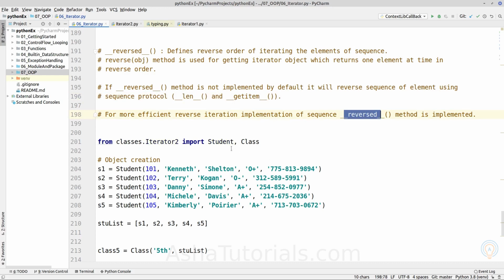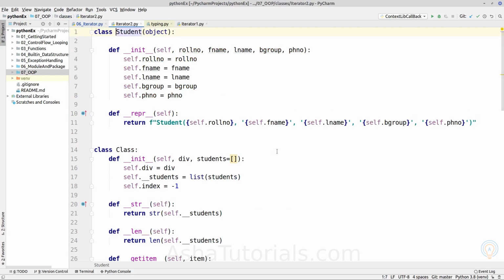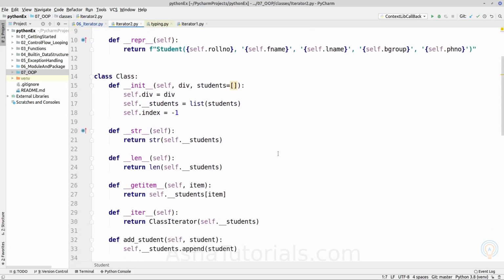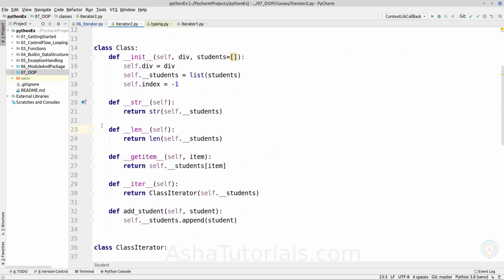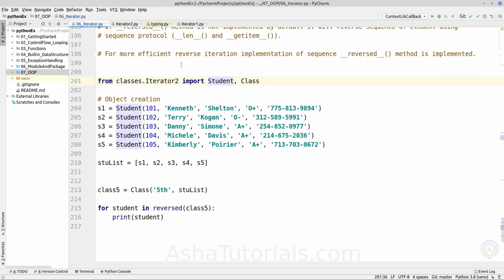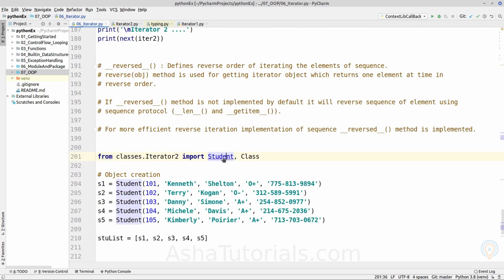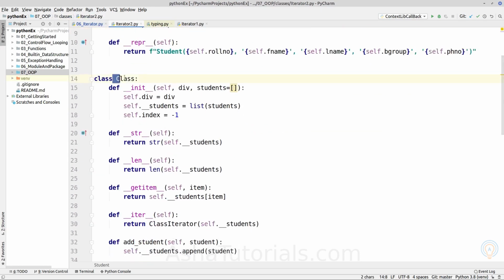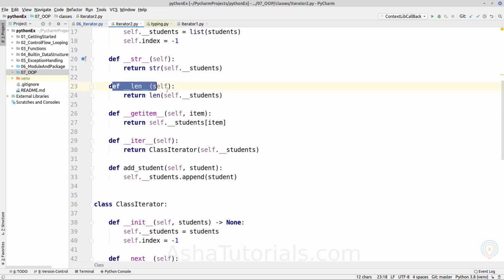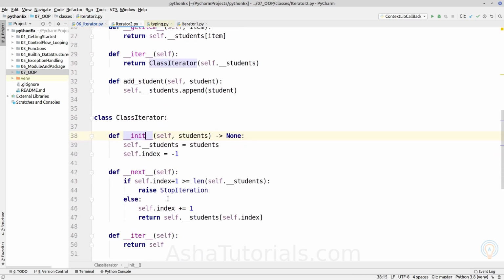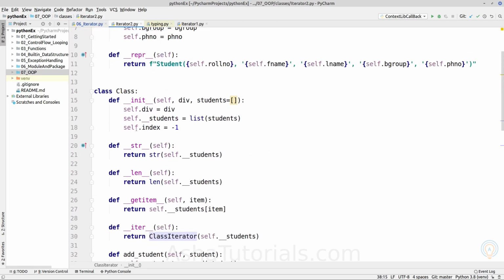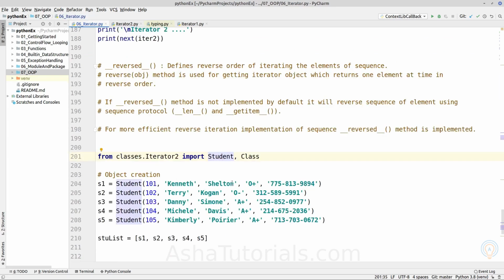So for our user defined class, if it implements len and get item, it supports the reversed method. So here the class has len and get item, so an iterator object of this class can be traversed in the reverse direction.